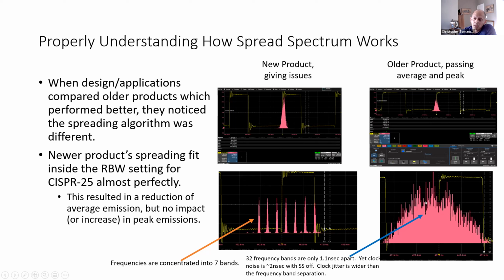The clock jitter was much looser, so the average energy bled into the neighboring bands more, and so it looked like it performed better, even though, well, I guess better is really a subjective word. So what they ended up doing, because I wanted to be quick on this, is they would end up taking this algorithm, and I should say this circuit, and then applied it to this new product